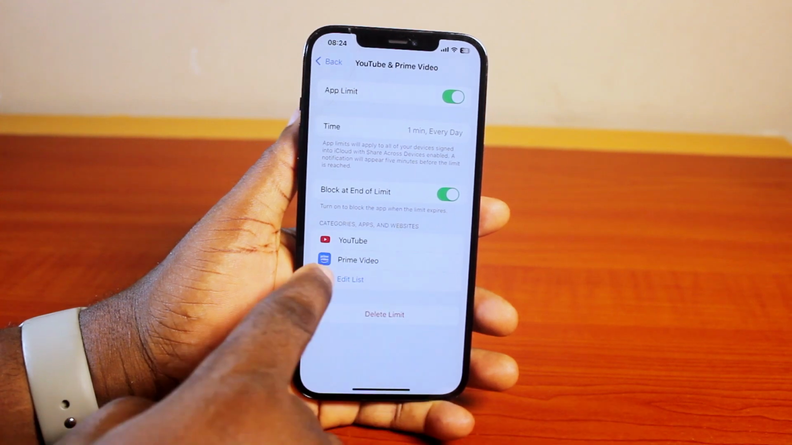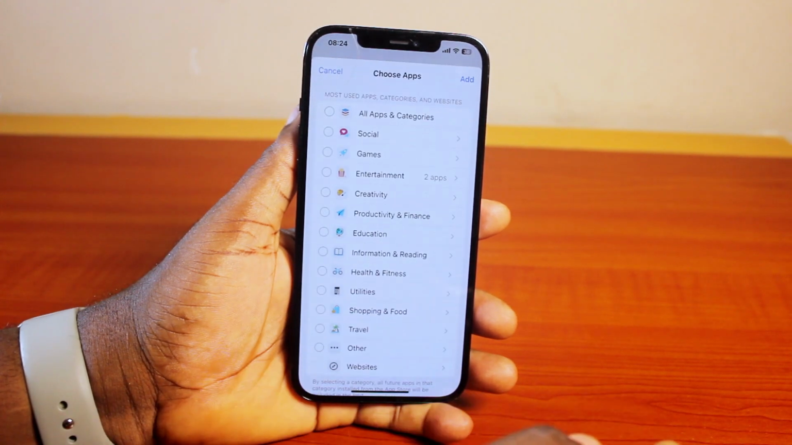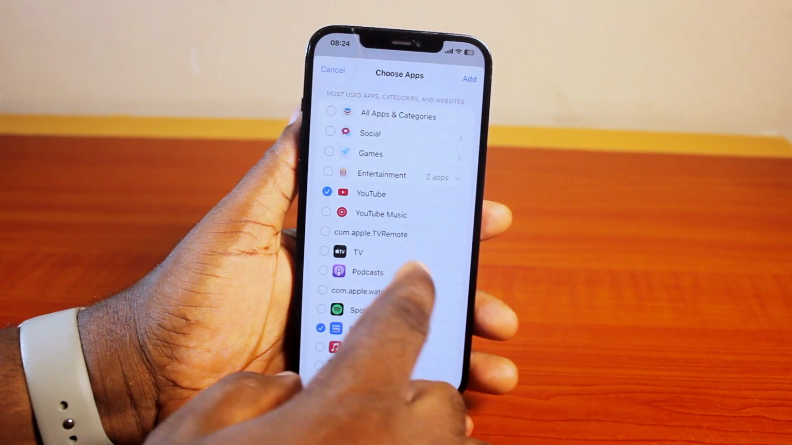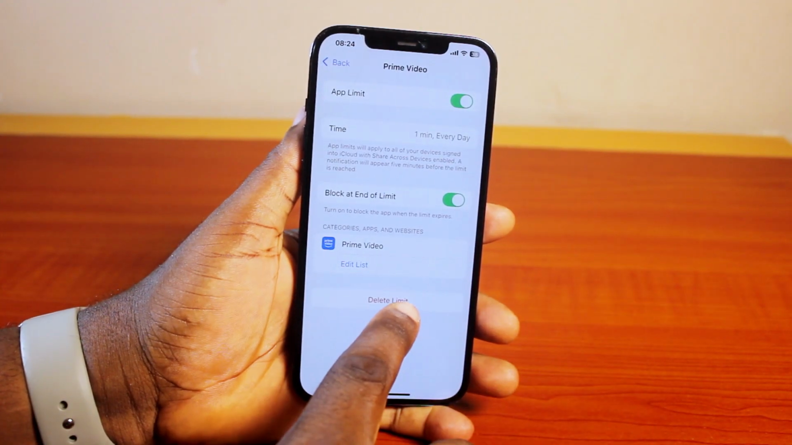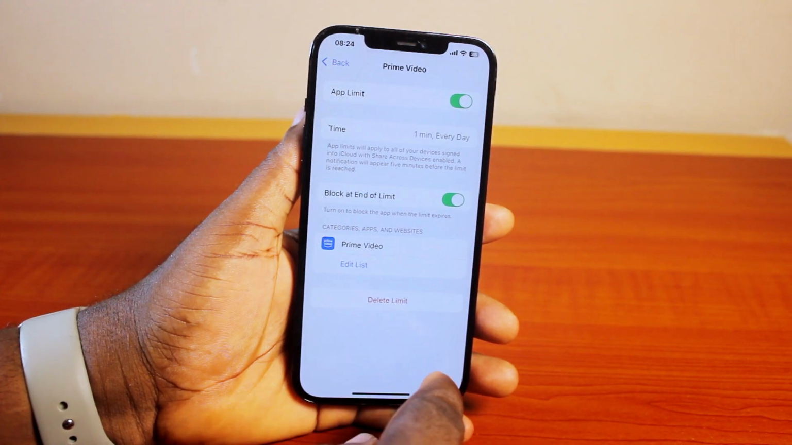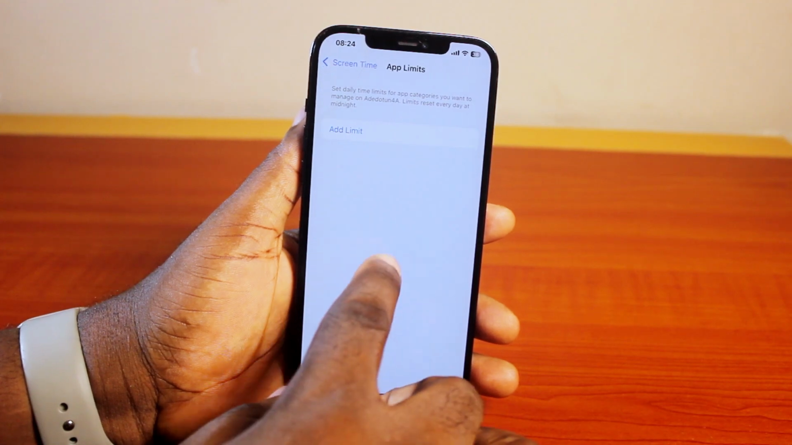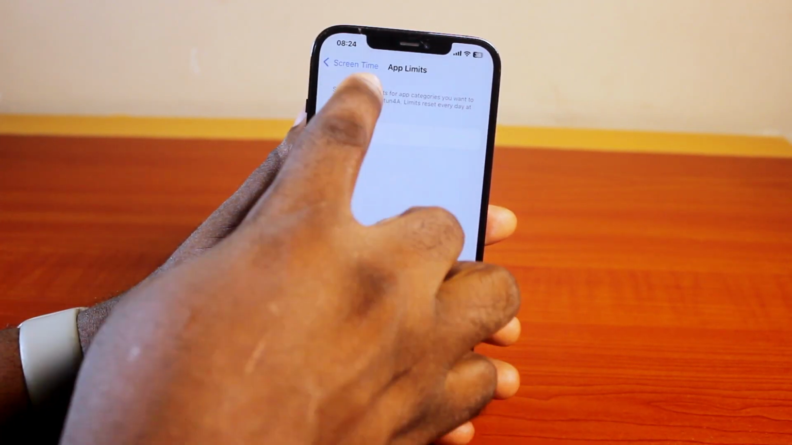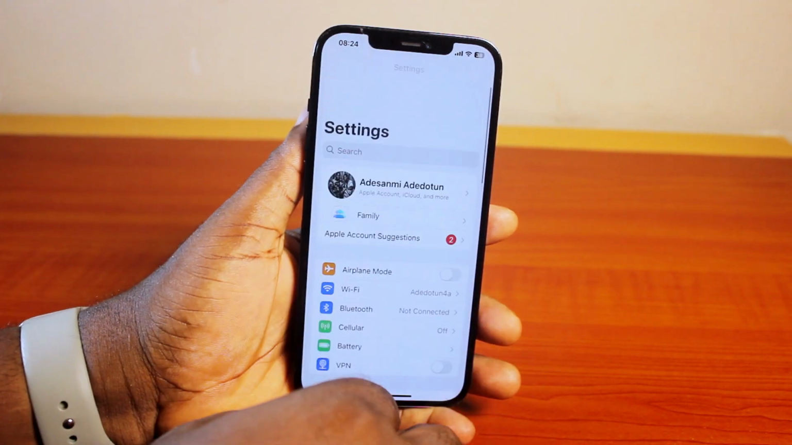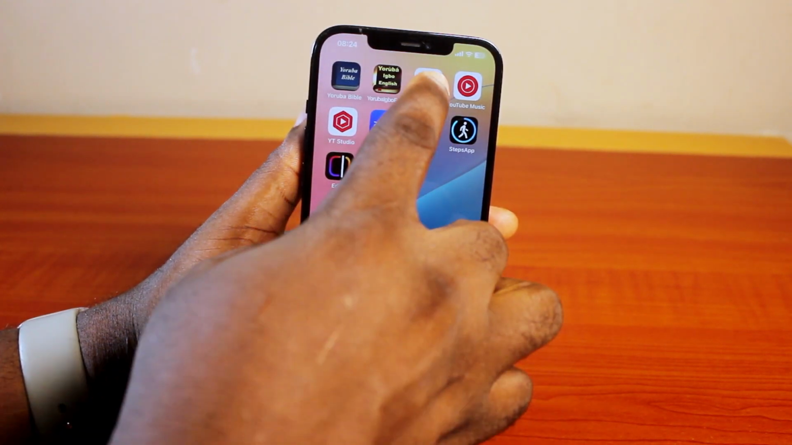So what you simply need to do here is click on Edit List. Then you can either remove the application from the list, click on Add, or delete the list to remove all the applications under this on your iPhone. You can just go ahead, click on Add List and then add another application you want to set the limit on. Now, if you go back to the app menu and then open the YouTube application, then you should